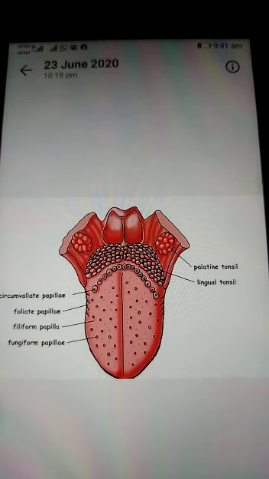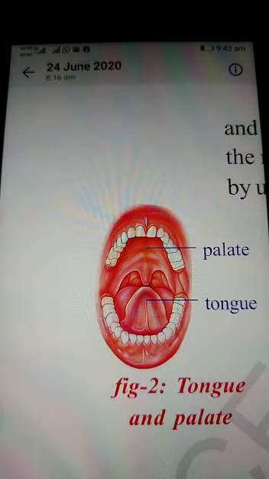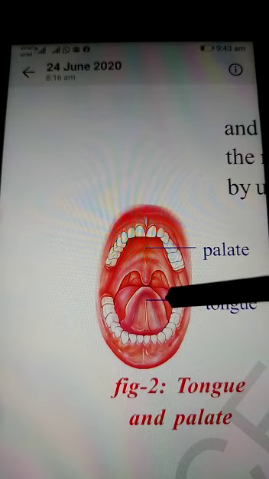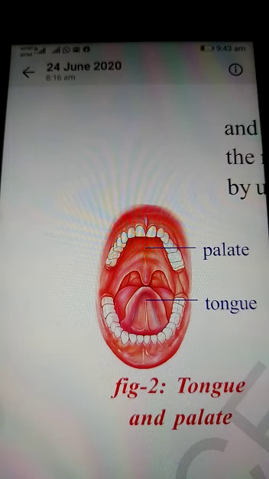So friends, we can do an activity over here. Take some sugar and place it on your tongue and observe the time taken to recognize the taste. In this activity, you should not touch your tongue with the palate. You might be thinking, what is palate? So in the second case, you take some sugar, place it on your tongue and press the tongue with the palate. Palate is the upper surface of the mouth.